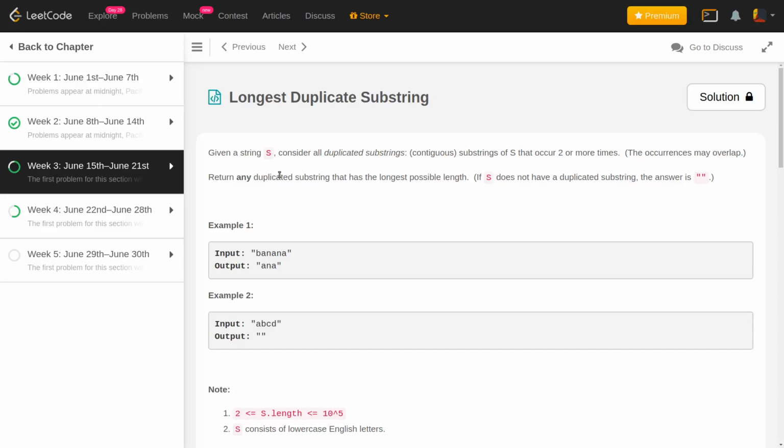Today is week 3, problem number 5, longest duplicate substring. So the problem statement here is quite simple: you are given a string S and you have to consider all the duplicated substrings present in this string S, and return any duplicated substring which has the longest possible length. For example, if you see the word banana here, this word banana contains this substring